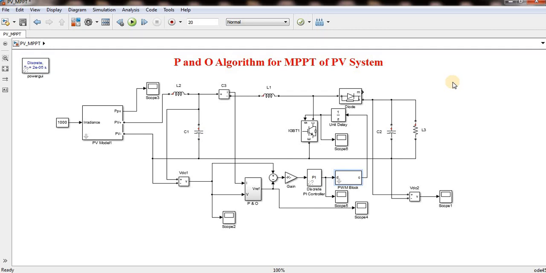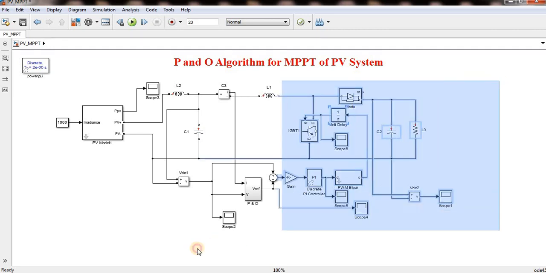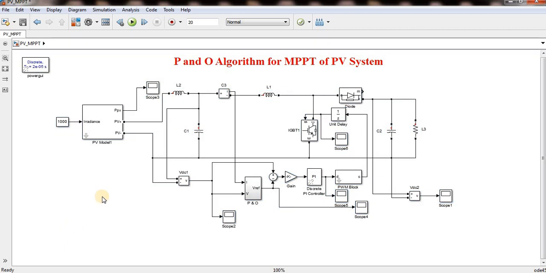But you should not think that the same P&O algorithm will work for all applications. It depends on the logic, on the application, and on many factors like the resistance I can consider and all these things. If you connect a battery, then bidirectional converters and many other things are required, because if the battery is connected in parallel, the battery voltage will be constant, so you cannot increase the voltage of your boost converter. So you have to select some other type of approach to design for the maximum power. But all these things depend only on dP by dV equals 0 at maximum power. So thank you very much.